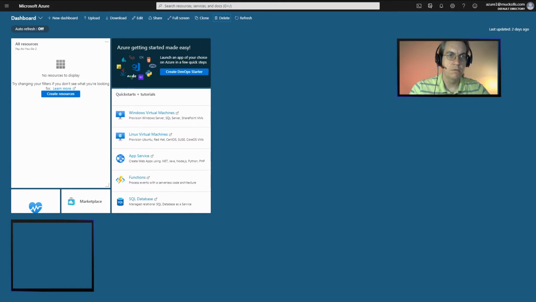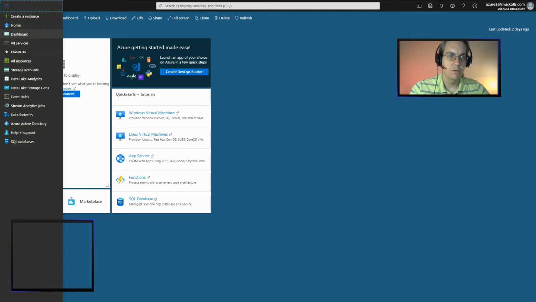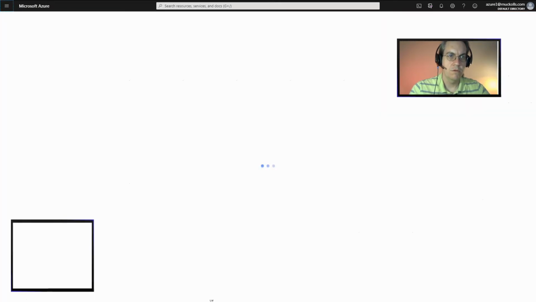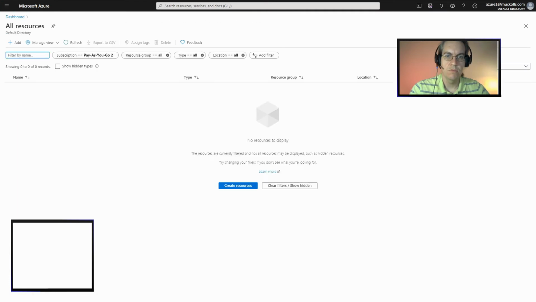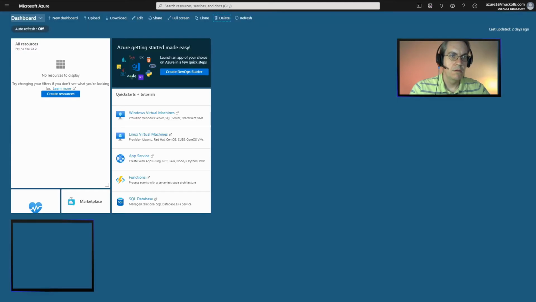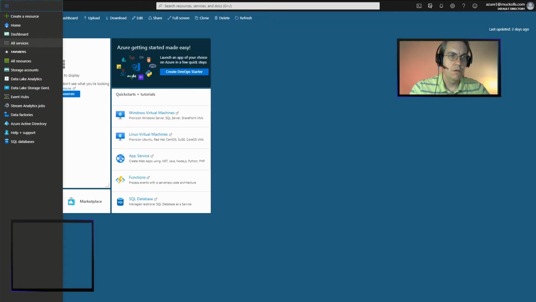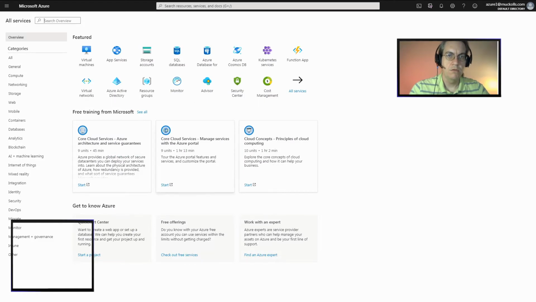we're here on the dashboard view of the Azure portal. We've logged in and we have our subscription set up and a resource group set up. You can see all of the things we have by going to the all resources list. You can see we've got no resources here. You can also add a new resource anywhere from any of the choices that you have from the all services blade here in